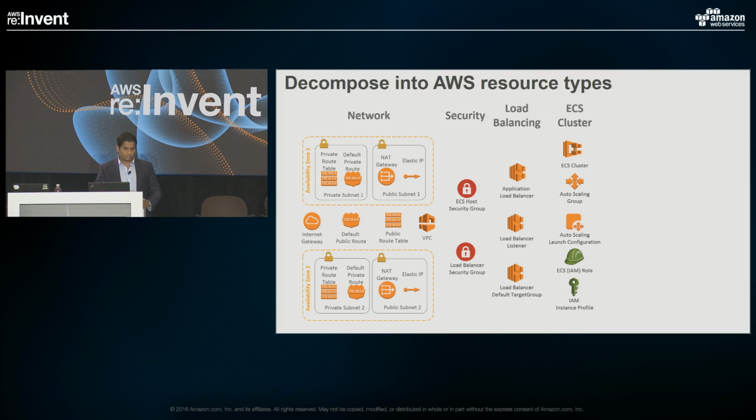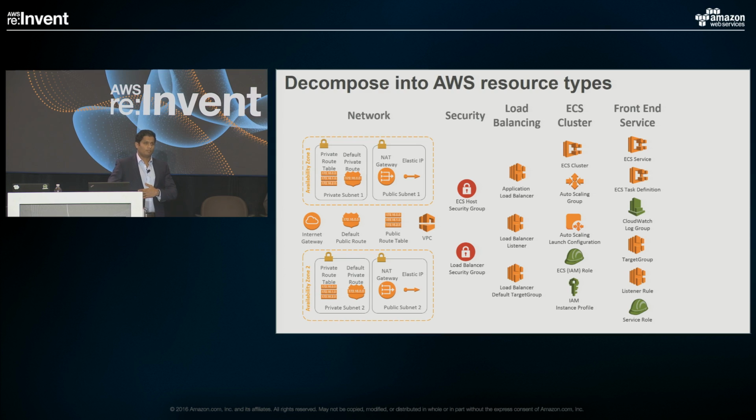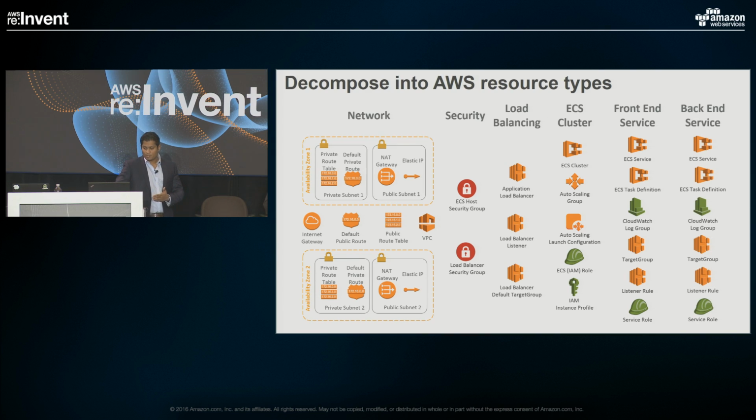You'll need your ECS cluster itself with auto-scaling. I think the original templates use about 4 hosts in your ECS cluster. As we look at the workflow, we can look to change that number of hosts and see how that flows through your pipeline. It also consists of a front-end service that handles web traffic and a back-end service that performs the computations. Each of the front-end and back-end services has a task definition, a target group, and a role to register and deregister